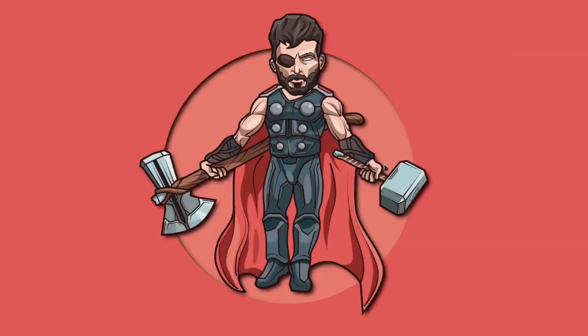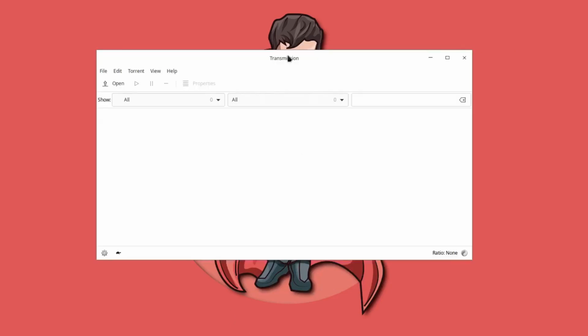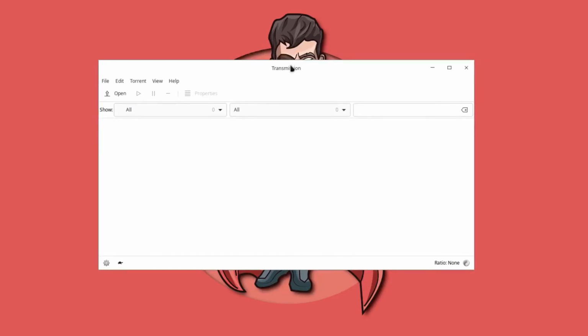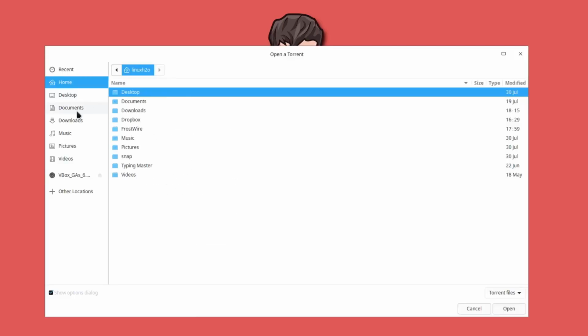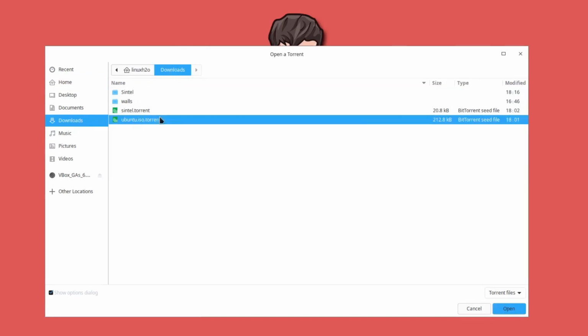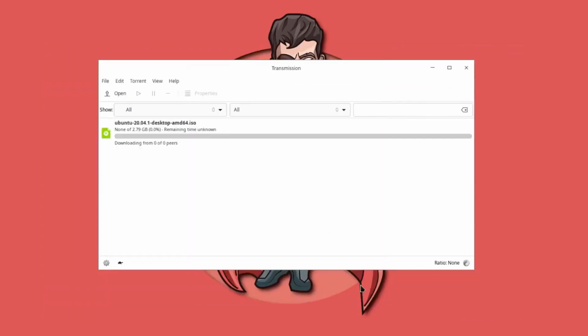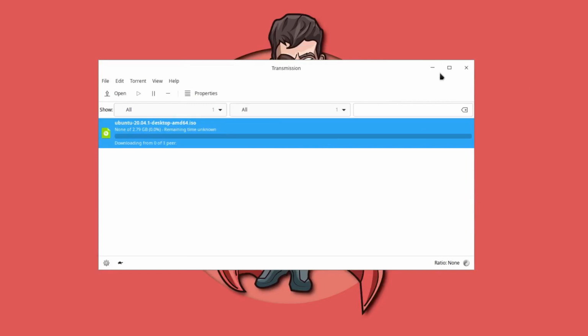Another one that I want to share with you guys is Transmission, and Transmission is very minimalistic. I mean, this is the most minimalistic torrent client you will ever find anywhere, especially when it comes to Linux. This client comes by default in many distributions, like Ubuntu ships with Transmission, and other distributions as well. And the things are very similar. You can easily add any torrent or magnet file here and it will start to download that file into the system. So this is very minimal.